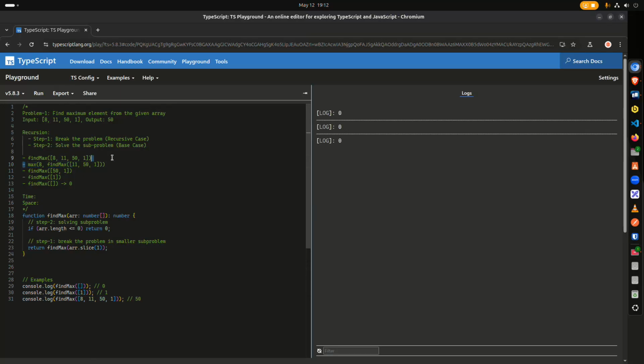What if I say this: the element that I remove, I want that element and whatever the max element from this is. I do the same thing from here. I would say max of 11 and the max of the subproblem, and then here max of 50 and max of this. And when we hit the base case,